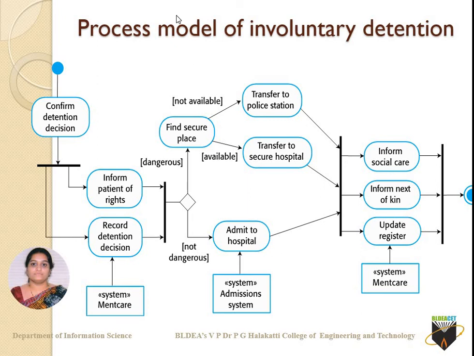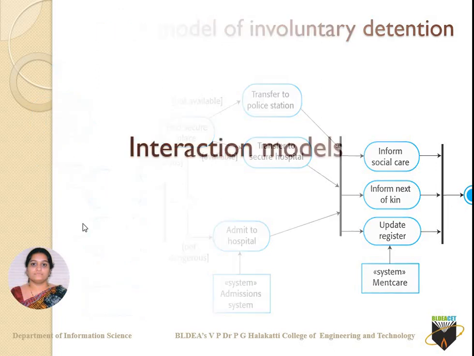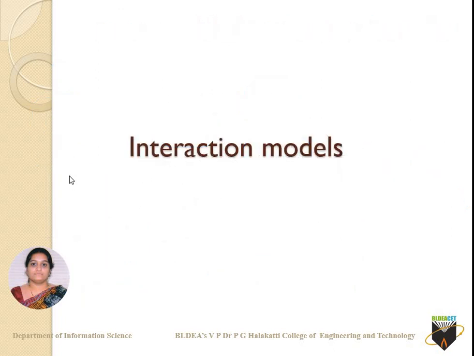So what we ultimately want to focus on here is processes. What are the processes which are happening? Whatever are the rectangular rounded boxes here, all of them are processes. To form these respective processes, there are other processes which will lead you towards them. So this is the process model of voluntary detention.